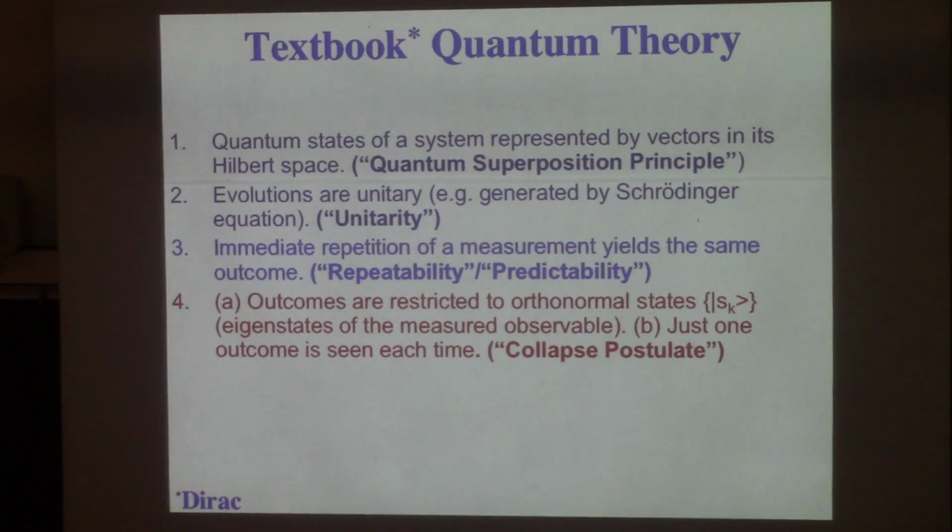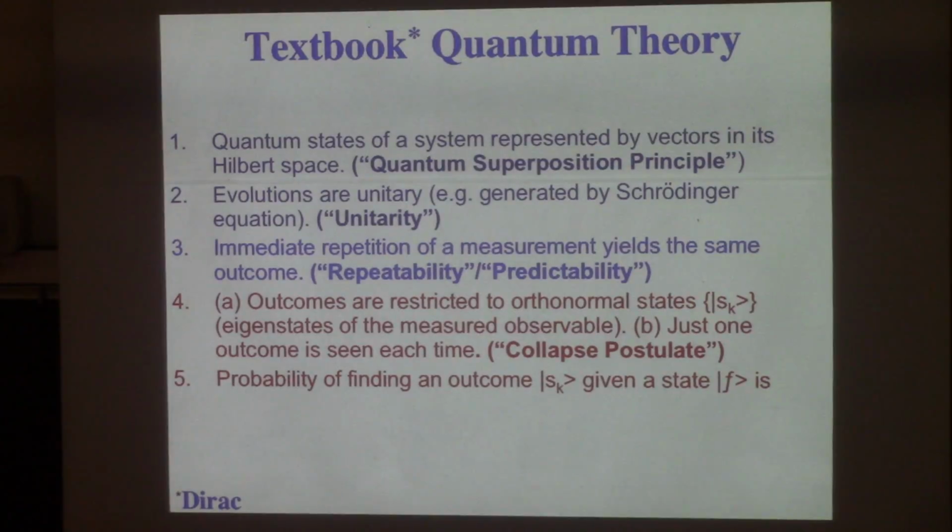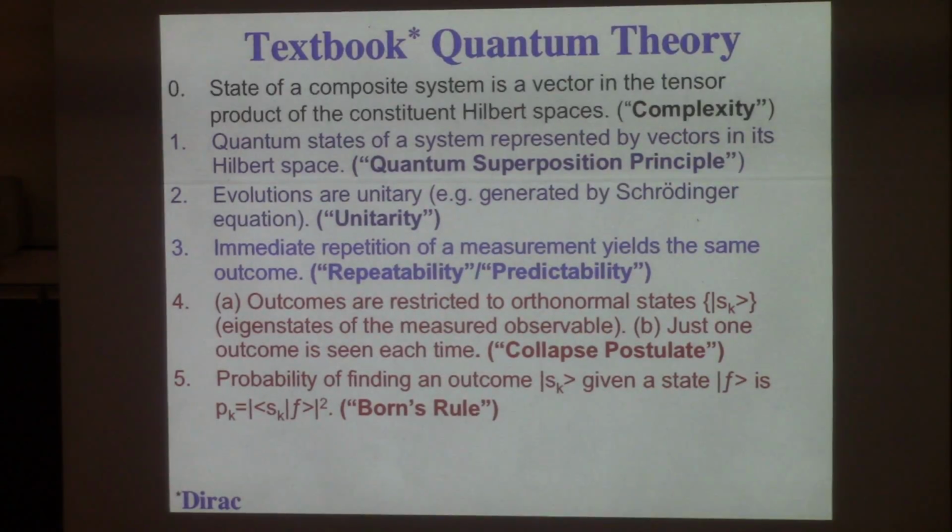And you also see just one outcome upon each run of the measurement. That's known as the collapse postulate. And number 5, probability is given by the square of the amplitude. Born's rule. That's crucial in interpreting experiments. I'm going to add one more which is not in Dirac, but we need it, and we use it, especially in quantum information. The state of a composite system is a vector in the tensor product of